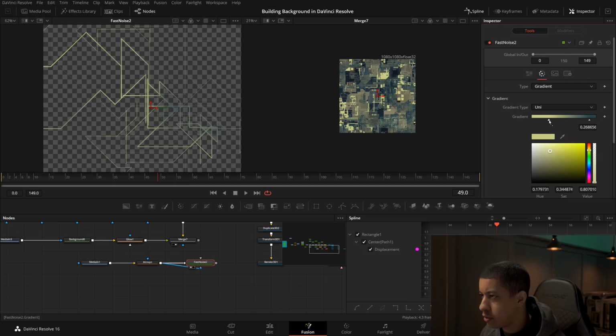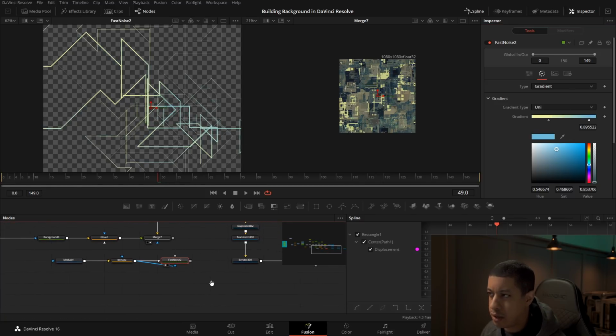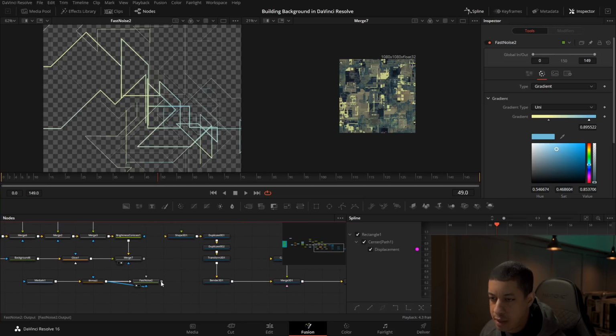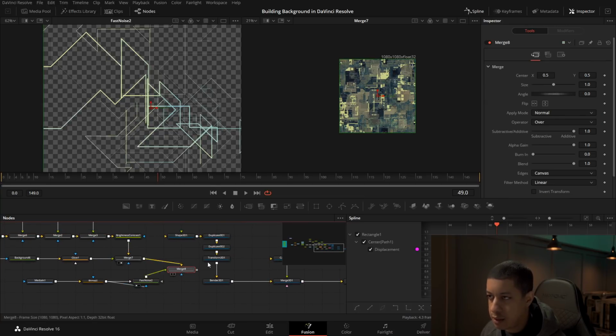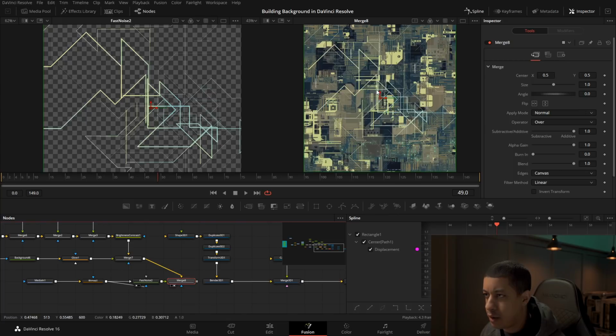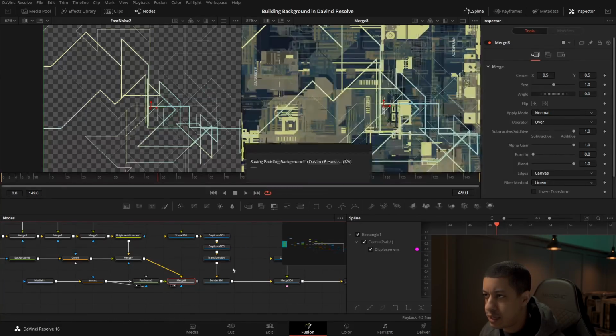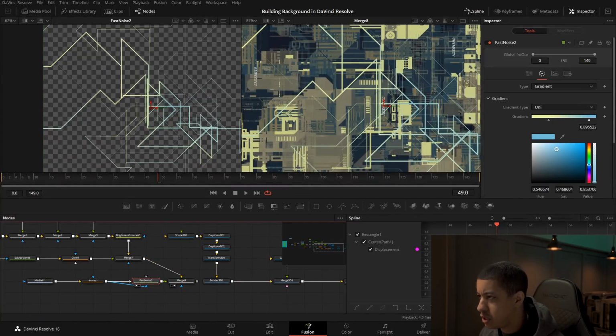I think what I'm going to do is click on these and then maybe increase the value, which is the brightness of that particular shade, just to make them a little brighter. And then we can also connect that into here. Now we have that shade there, which isn't really working for me.